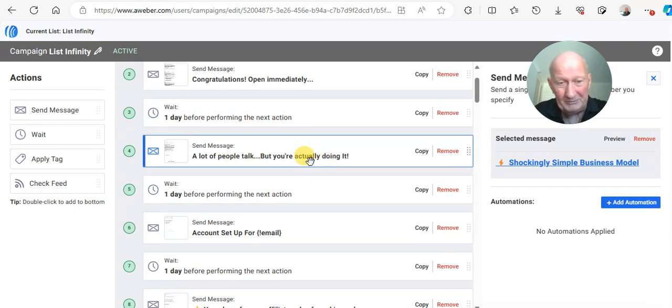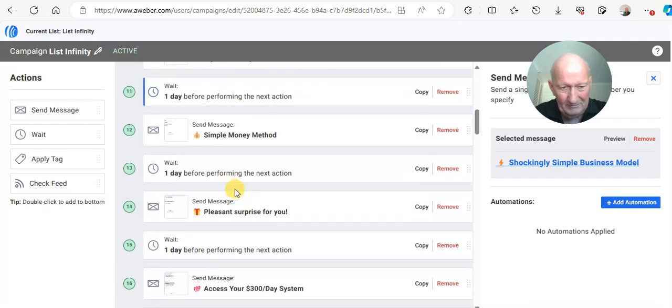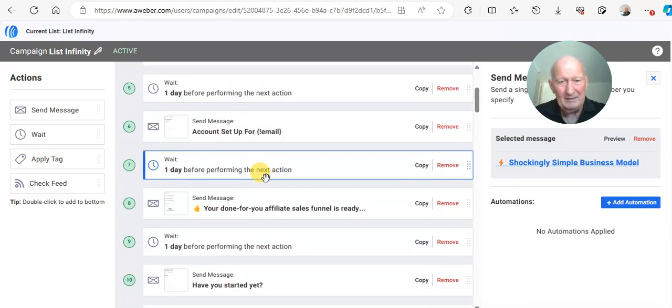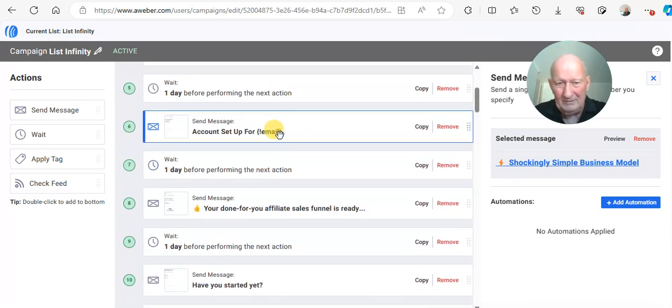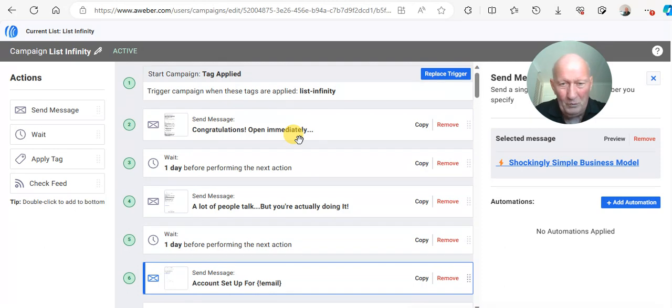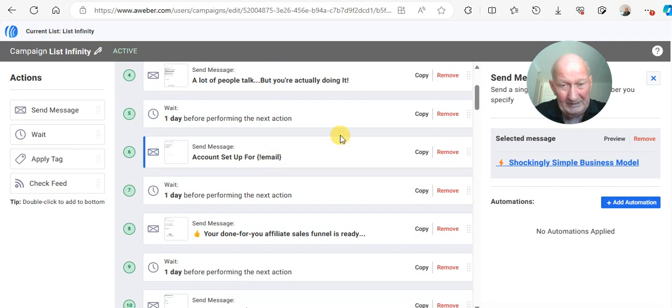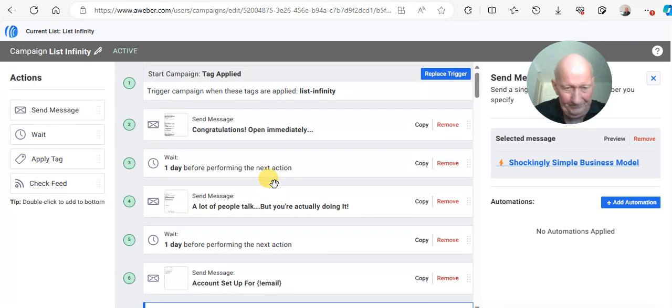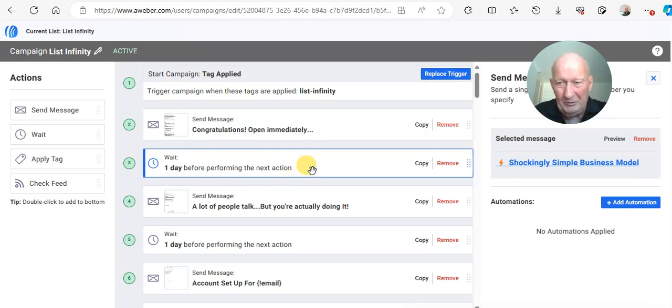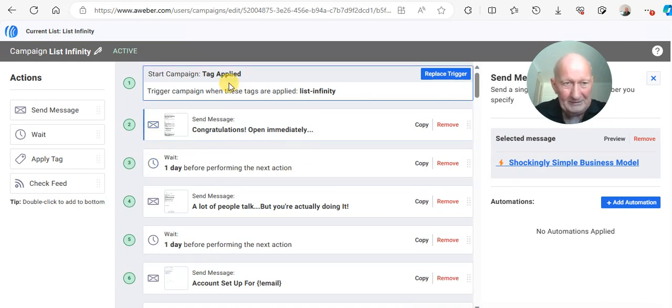In fact, this morning I did some solo ads using one of these emails. I don't think they're totally suitable for a follow-up series. It's just too much. It's way too much overkill in my mind. So you have 2 choices. You can either go with the full Aweber 30 emails. You could even delete some of these if you want, just if there's some that you don't want. You could remove them. But because you've chosen to come with my List Infinity,